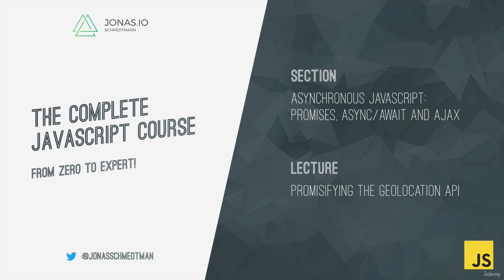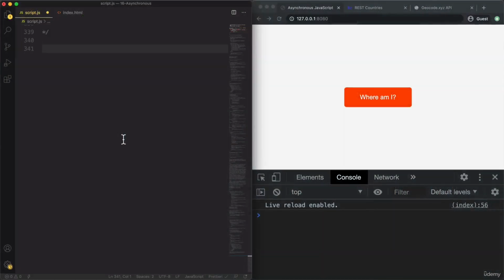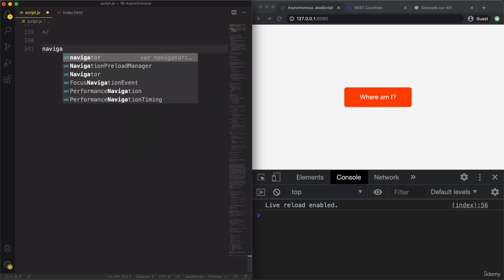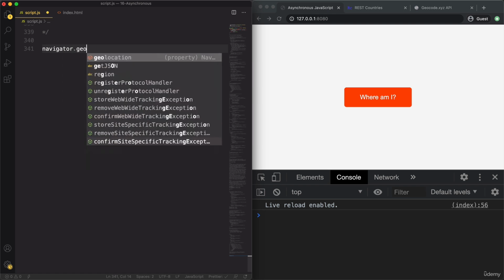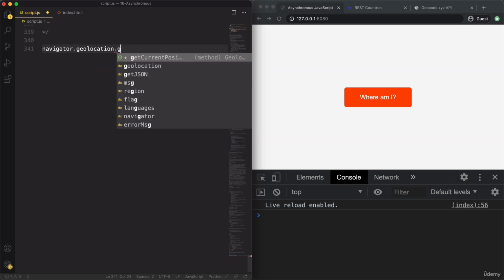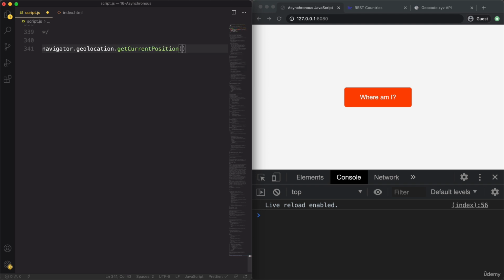Let's now keep promisifying things, and this time around we're gonna promisify the geolocation API. And this is gonna be really cool because it will allow us to take the small app that we built in the last coding challenge to the next level. Now, we used the geolocation API before, and so let's start by reviewing how it works. So remember, we use navigator.geolocation.getCurrentPosition. And then this function here accepts two callbacks, where the first is for the success and the second one is